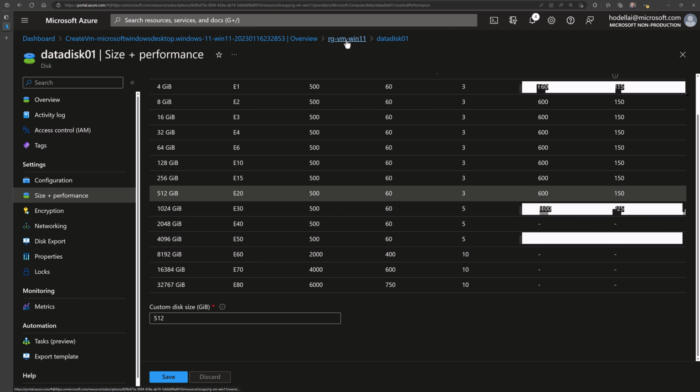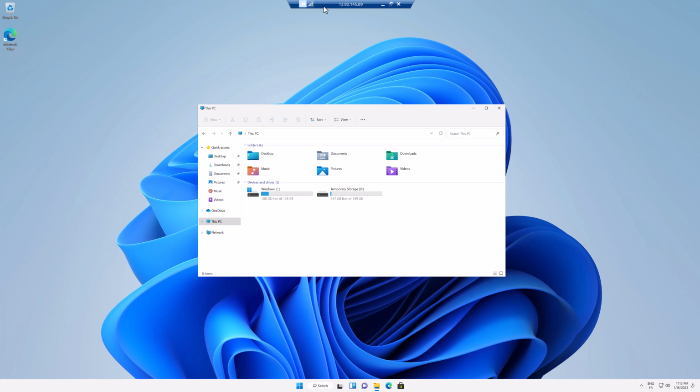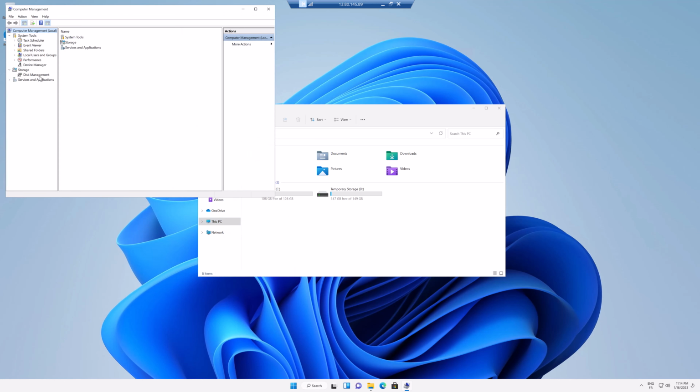Let's go back to our virtual machine where we have attached the Azure disk. Here I access through the RDP. Here we can view again only the C and the D drive. We don't see yet the new data disk that we have attached. It will not pop up automatically. So what I need to do is go to This PC, and then I'll choose show more options, and here I will see the option to manage this VM,